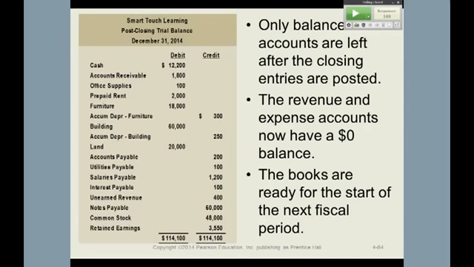So at the end of the closing process, after you do the worksheet, after you have all the entries journalized and posted, you're going to wind up with a post-closing trial balance that ensures not accuracy, but it ensures that debits will equal credits. So you just want to make sure that the adjusting and closing process was as efficient as possible.